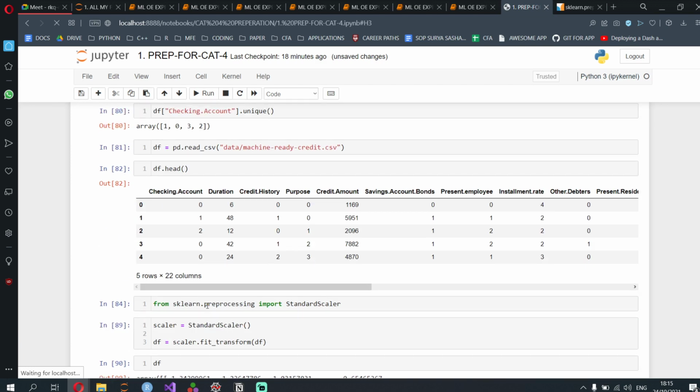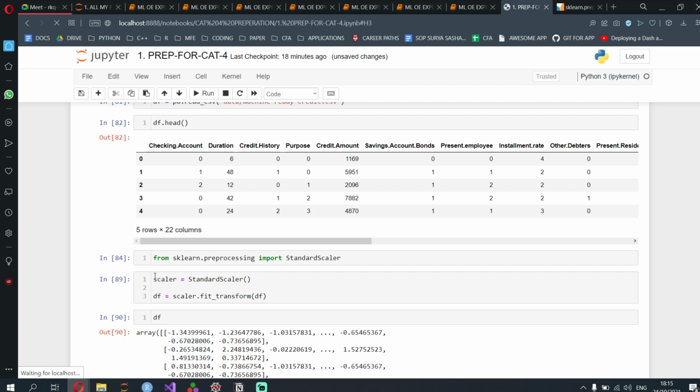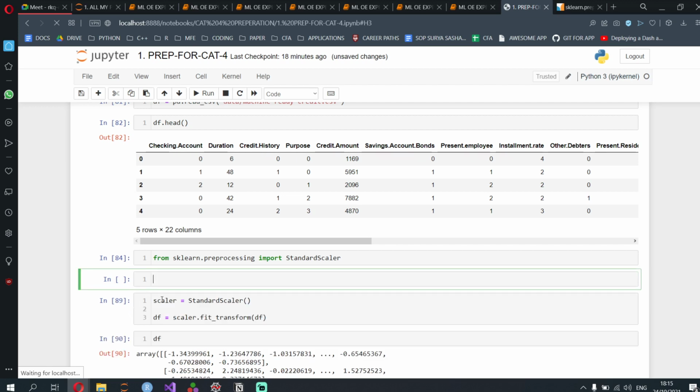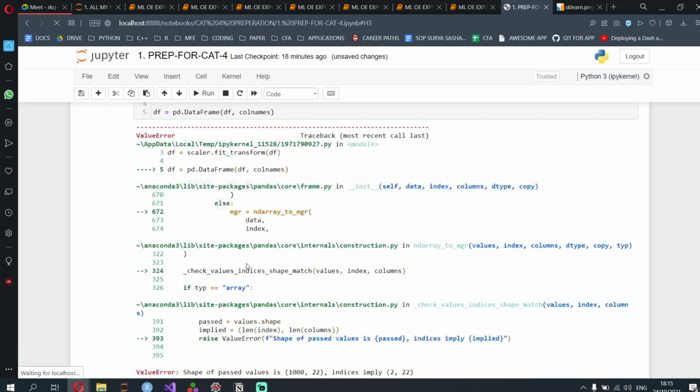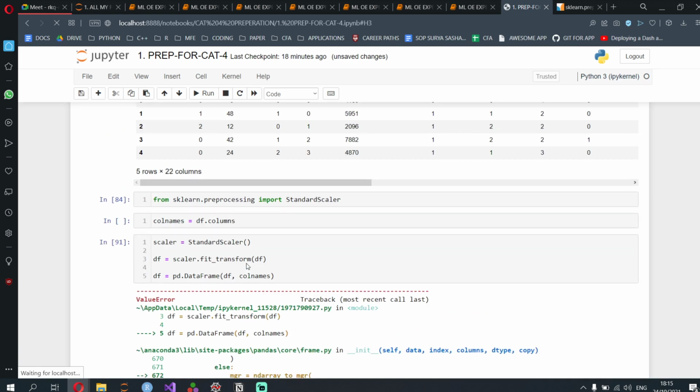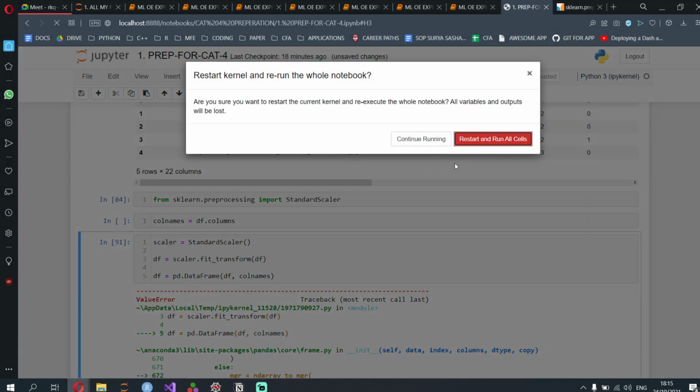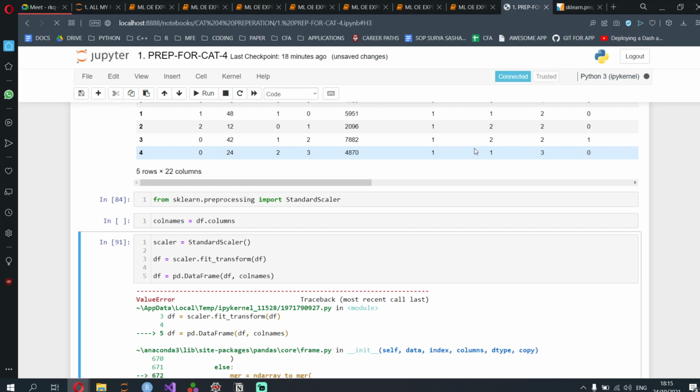You can directly feed this also, but to be safe, to get back where you want it, you need to put col_names equal to df.columns. And then after doing df equal to scaler.fit_transform, you put df equal to pd.DataFrame of df comma col_names. I think this should work. One second, let me just restart.